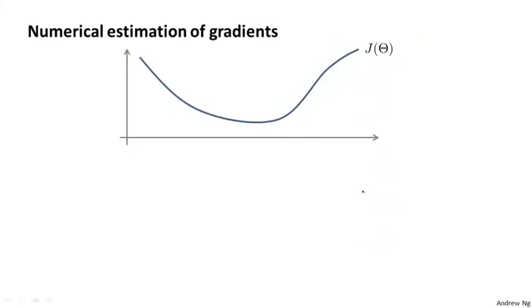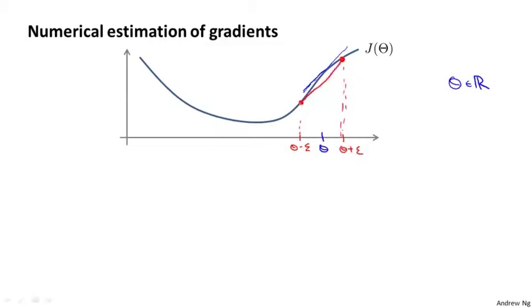So here's the idea. Consider the following example. Suppose I have a function J of theta, and I have some value theta, and for this example, I'm going to assume that theta is just a real number. And let's say I want to estimate the derivative of this function at this point, and so the derivative is equal to the slope of that tangent line. Here's a procedure for numerically approximating the derivative. I'm going to compute theta plus epsilon, so a value a little bit to the right, and I'm going to compute theta minus epsilon, and I'm going to look at those two points